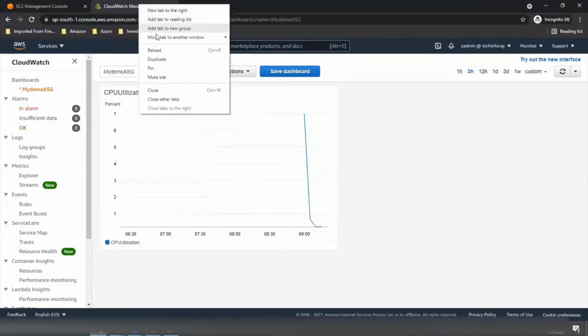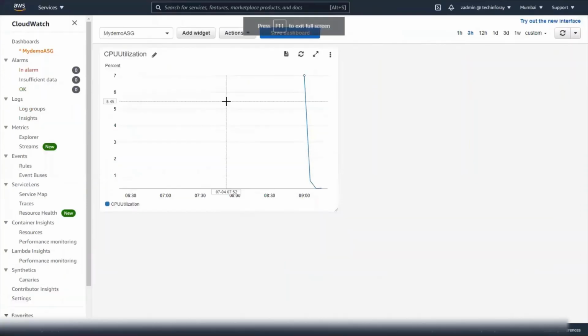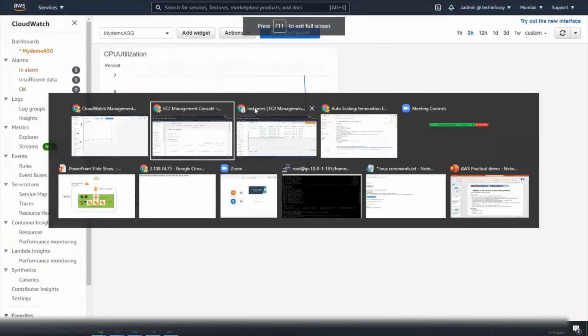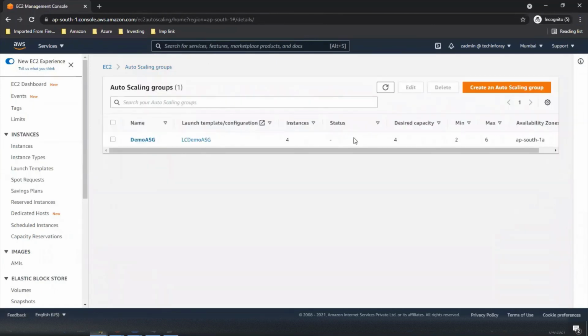Let's move it to a new window. Instances, auto scaling, CloudWatch. Okay, so our auto scaling group is working fine. We have desired capacity, minimum, max